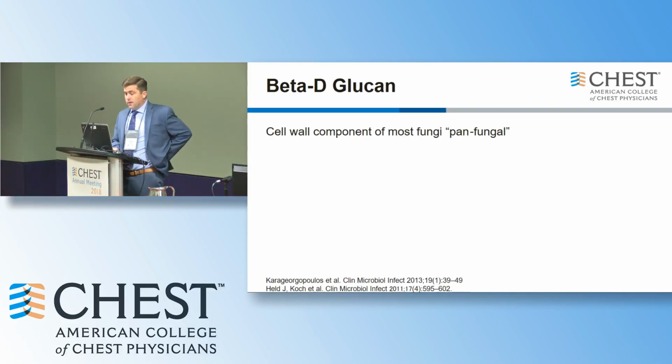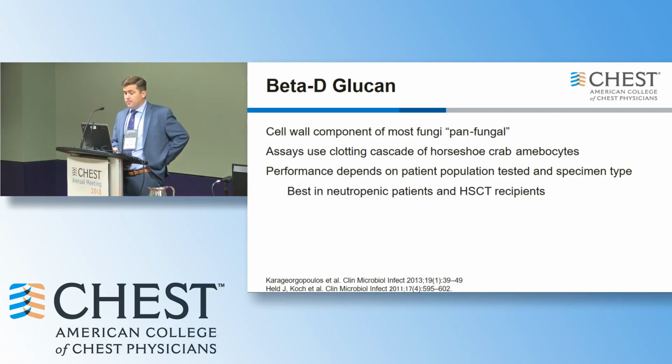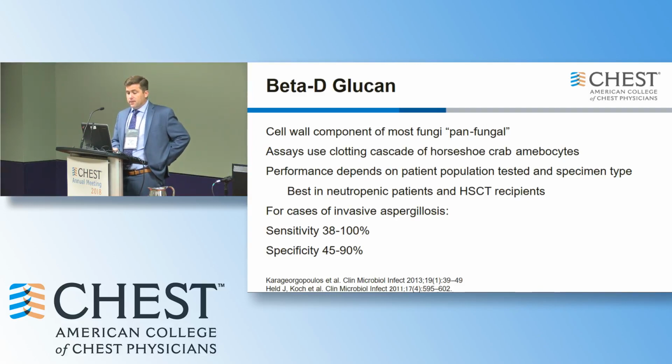Beta-D-glucan, on the other hand, is a cell wall component of most fungi. They call it panfungal, although there are a few that we'll learn about that do not have beta-D-glucan. And it uses a clotting cascade from a horseshoe crab in its assay. And its performance depends, again, on the patient population being tested and the specimen type. This is really best in the neutropenic patients who've received bone marrow transplants. And as for cases of invasive aspergillosis, like the patient we just saw, sensitivity and specificity, again, in meta-analyses are variable, but some of them suggesting very, very good